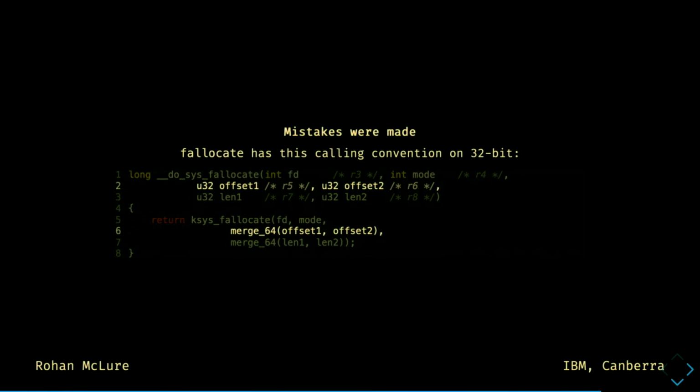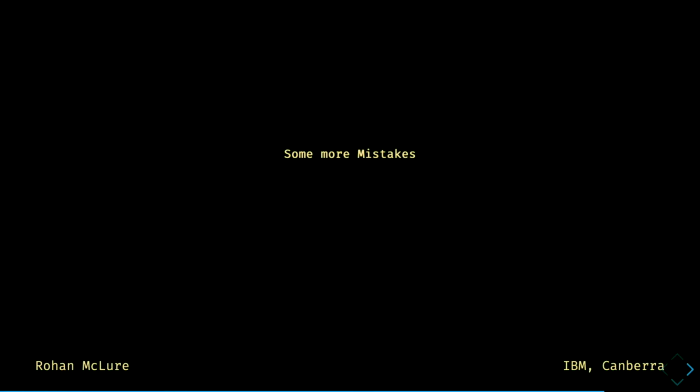The exact part of offset and len represented by each of R5 and R6 is sort of random, but not quite random. That's determined by our endianness, which brings us to the next bug I wrote.